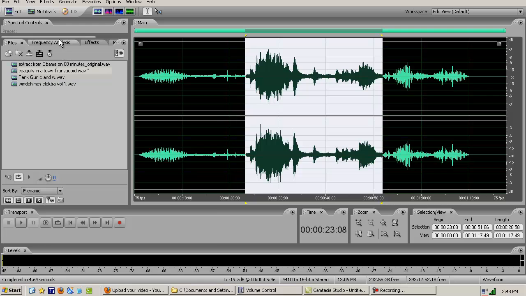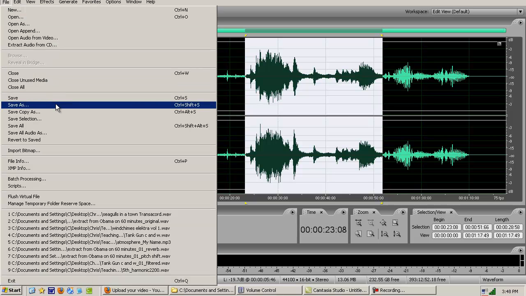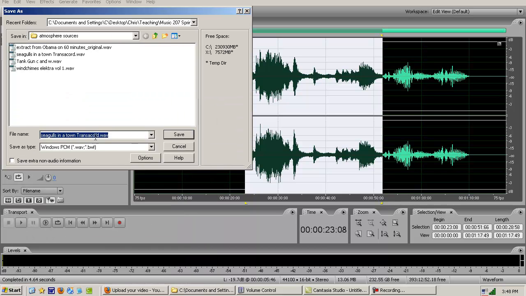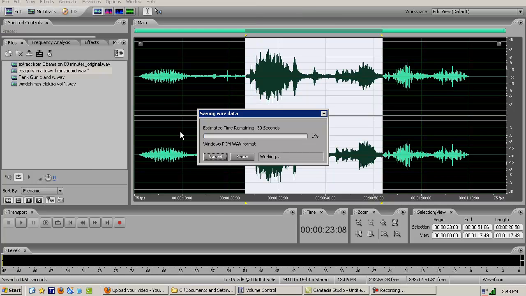Every time you change a file, you save as, and here's how you do it. You go to File, Save As, and you'll want to preserve the original file name and then add to it. So at the end of the file, add an underscore character plus the number, if it's the first time you're processing the file, the second time another underscore, and then remind yourself what you did. So if I end up processing this file again, which I might do,